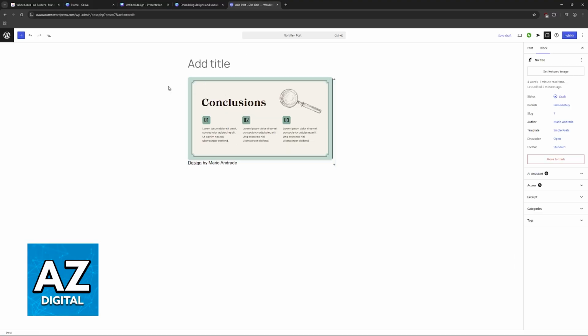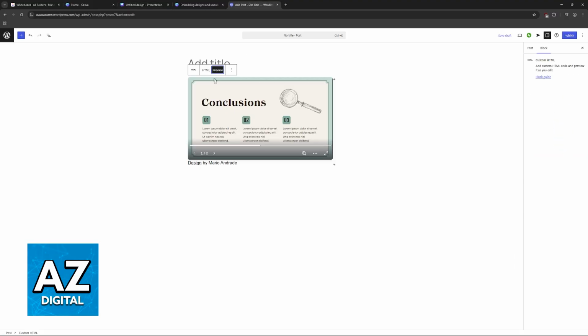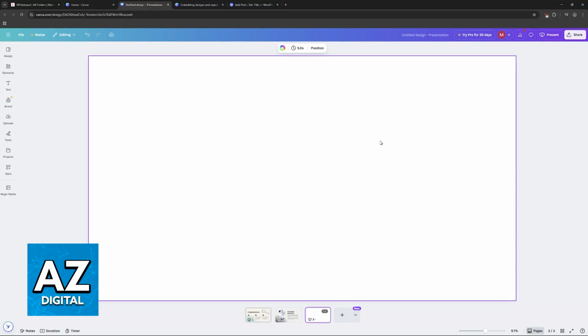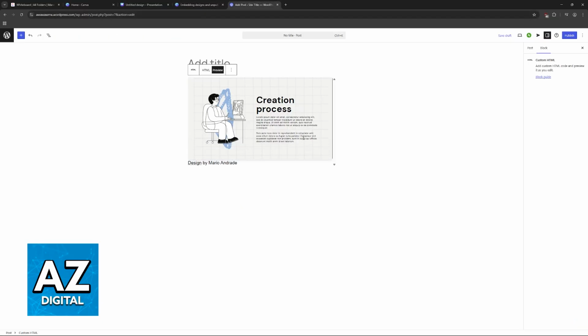So as long as you have everything set up through that HTML code, you will be able to have it transferred over into any other website. So use the embed function inside of Canva. I'm using WordPress as an example, of course, but any sort of platform or web editor where you can input HTML will support this process as long as you copy the embed code from the Canva design itself.